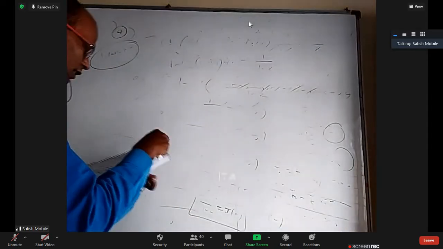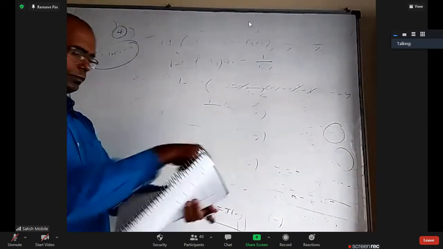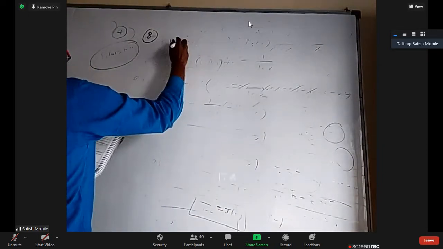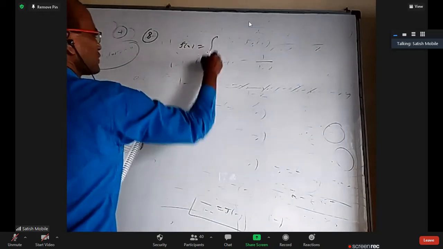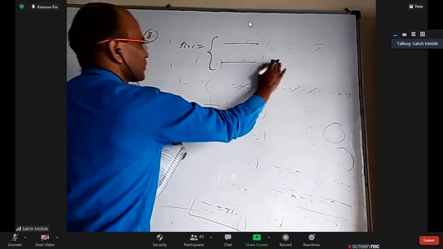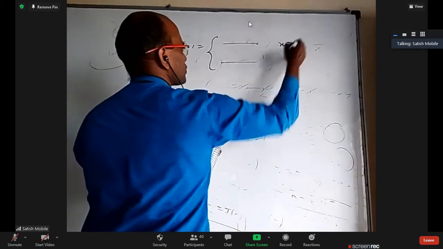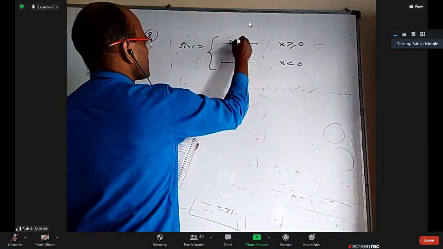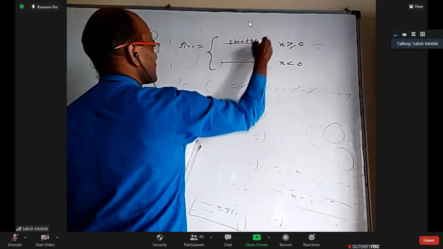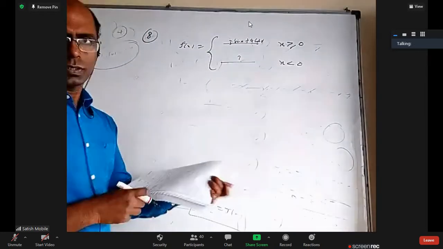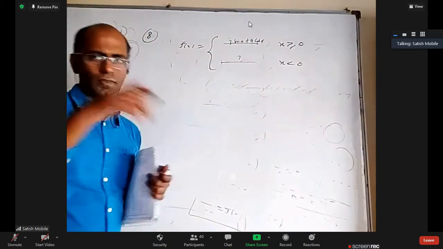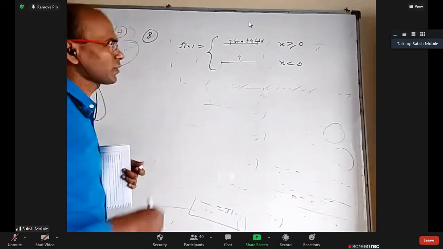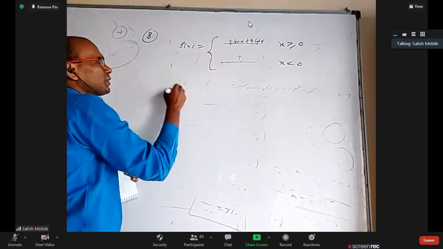So when you take the eighth one, f of x has two definitions. One is this, one is this. This is for x greater than or equal to 0. This is for x less than or equal to 0. This is 3 sin x plus 4 cos x, and this is not given. If required, I can find it. That itself is sometimes the question. Not just for specific x, in general. Apart from that, minus 11 pi by 6 cannot be kept here because it is negative.